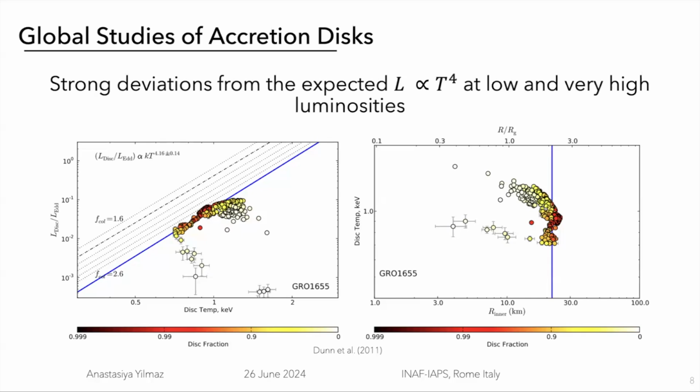When you look at, I call it nice because it's very interesting in my case, and it gave me my project for my PhD, is that when you look at the disk luminosity, which is on the y-axis, versus the disk temperature on the x-axis, it is actually a little bit different than the exact relationship you would like to see. When you look at the higher luminosity regions and lower luminosity regions, there seems to be a little bit of deviation. And when you also look at the evolution of the innermost edge of the accretion disk,